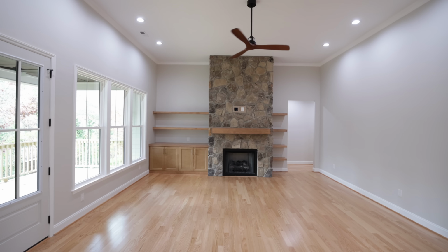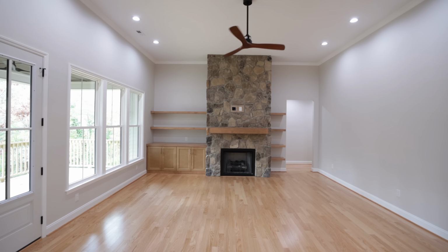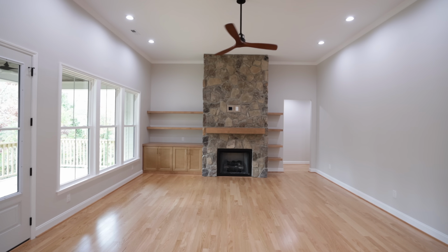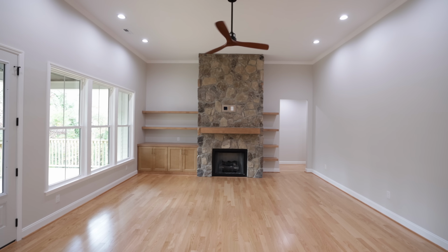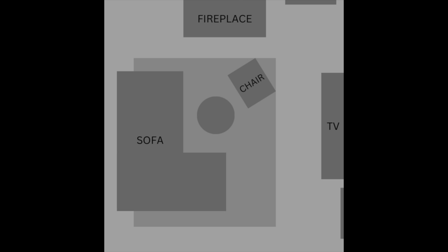You could do a bar set up there and still access it with this floor plan. And I think that's special too. You also will be able to see the fireplace. Put some art above it to cover up the outlets there from the TV that's supposed to be above it. Like, no, we're not doing that. But I think this layout makes a lot more sense, feels a lot more natural, and will actually allow more